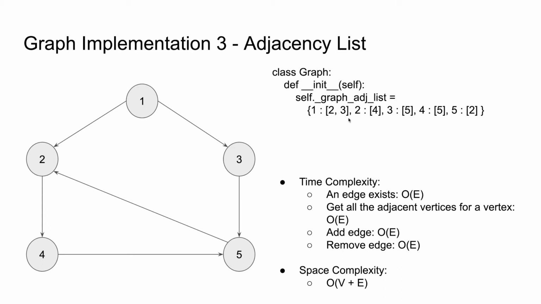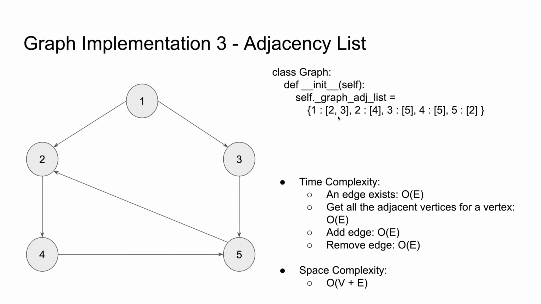And that's the reason it's O of E, where E is the number of edges in this particular graph. That in turn is because at max all the edges can be linked to only one vertex. So for example, if we consider a graph where all the edges are linked from the vertex 1, in that case the list that will be pointed by a key with the value 1 will have all the edges, and so in the worst case it will be O of E.